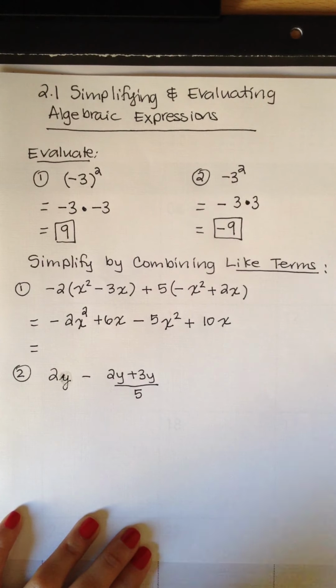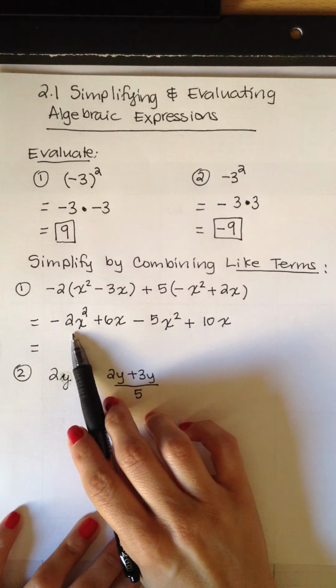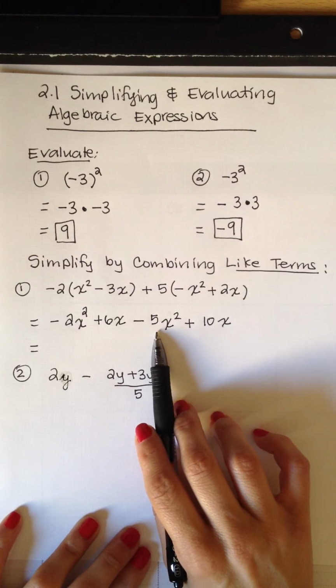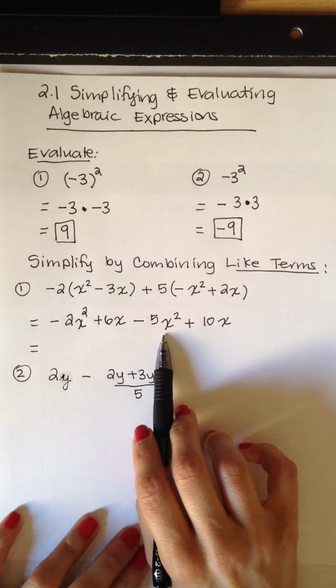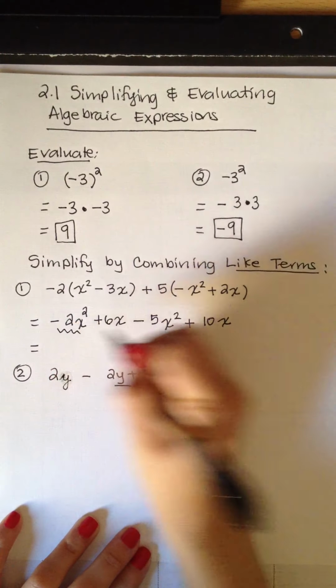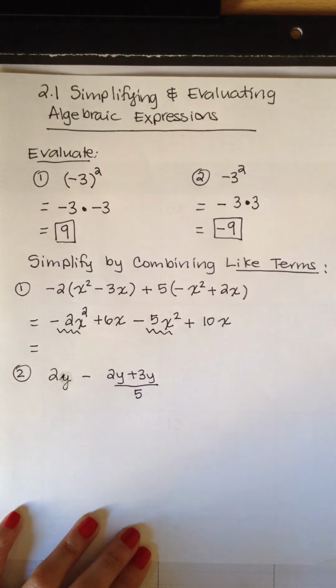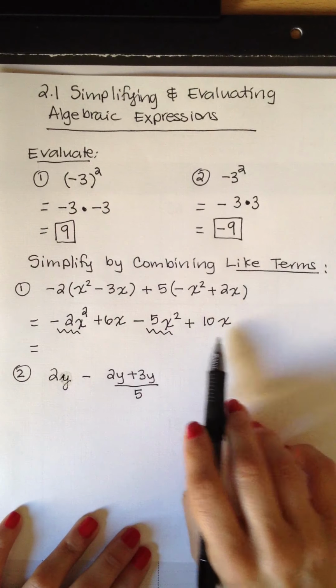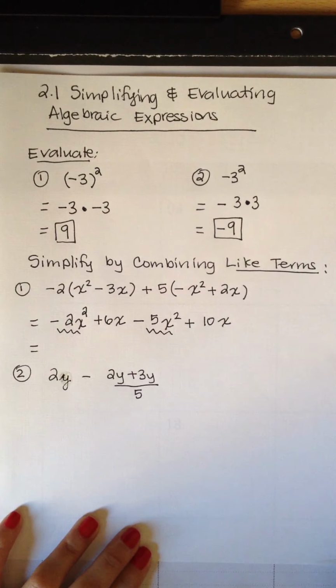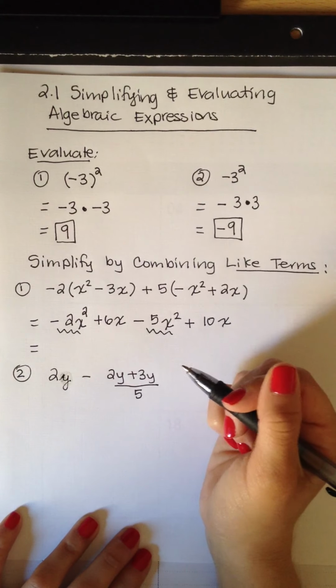For example, we have -2x squared. The like term to that is -5x squared. They have the same variable, same exponent. I will underline these. So those two are like terms. And also 6x and 10x are also like terms. So we can combine those, which gives us a final answer of